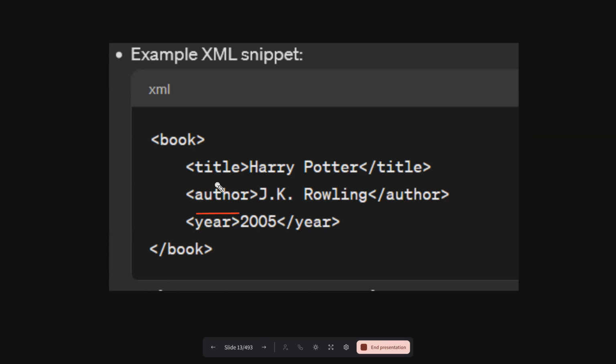Then author. So this is the book title, Harry Potter. Author, J.K. Rowling. Then we are ending this author. This is the tag. The start of the tag, end of the tag. The start of the tag, end of the tag. Starting, ending. And then this book. This is the payload. When you will use this, you can go and use this format as it is, as